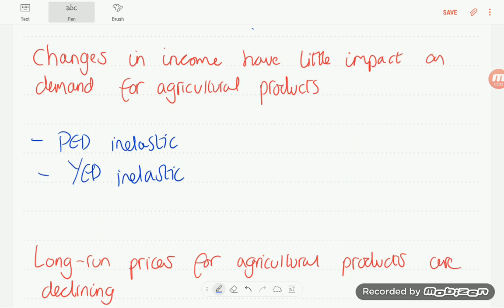Changes in income have little impact on demand for agricultural products. Demand for agricultural products is generally income inelastic, meaning that regardless of whether income goes up or goes down, these products are still demanded. For example,